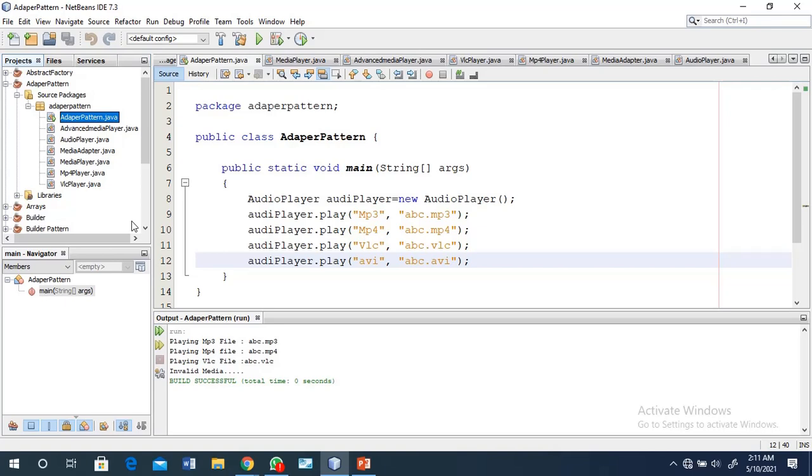MP3 is incompatible with MP4 and VLC, but we can create one mediator class, one adapter. Through that adapter, we can join those two incompatible classes. So it is very easy to work instead of creating a repetition of code. If code is already available, you take that code and join it and perform your operations. That is the main concept of the adapter design pattern.